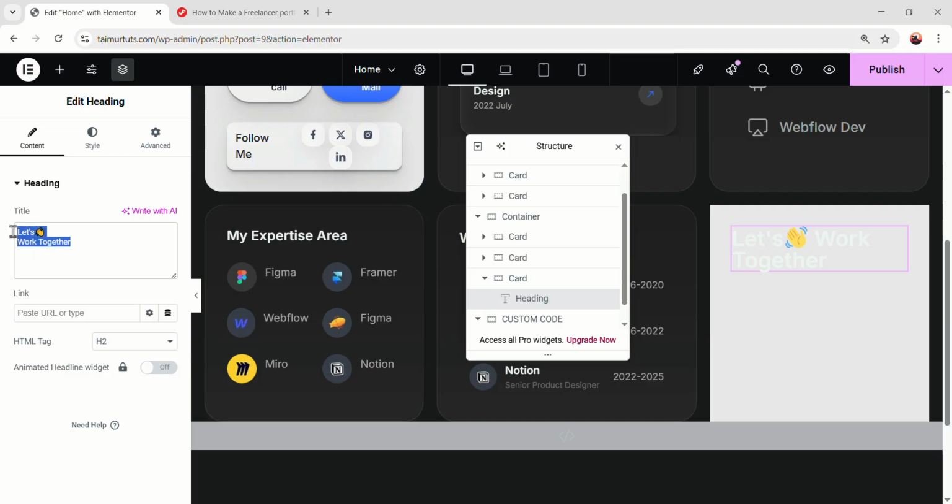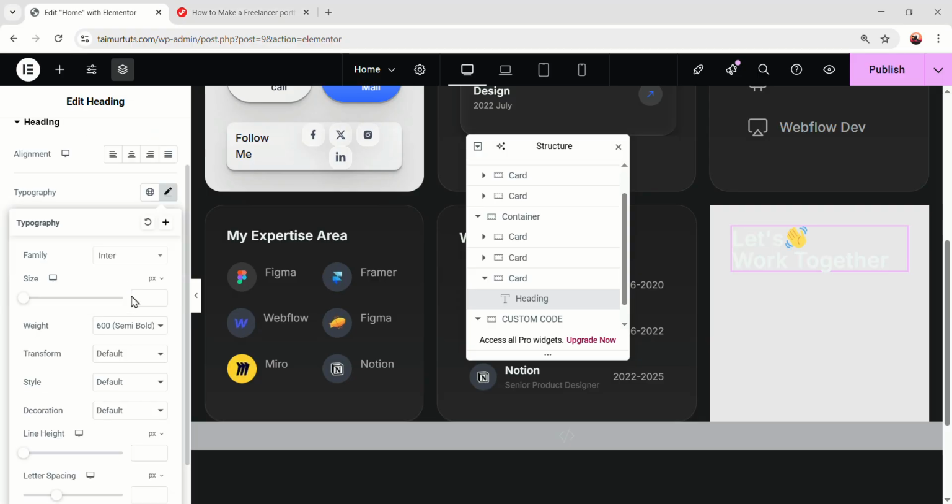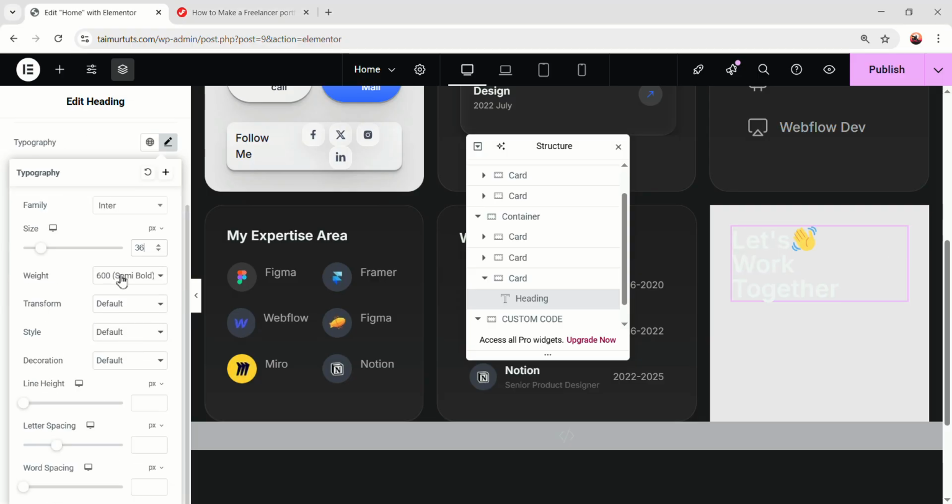So I have just added a text with an emoji. But the thing is, I want the text line break exactly like this, but here you can see this is not like this. So after this emoji, we can add a space, then type less than BR greater than, and you'll see the line will be broken after this emoji, and the text will be on the bottom. Nice. Now go to the style and make the typography 36 font size, 600 font weight, 40 pixel line height,